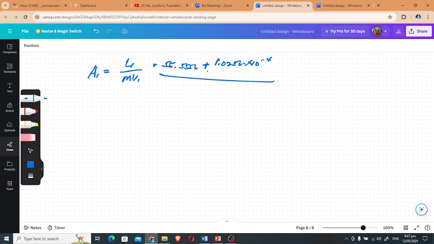And we divide it by the slope of the equilibrium curve, which is 299 divided by 2, and then we multiply it with the V1 we solved a while ago, 0.52935. Now in this case, you will have an A1 value of 0.7020. You do the same for A2, so you'll have L2 over M V2,